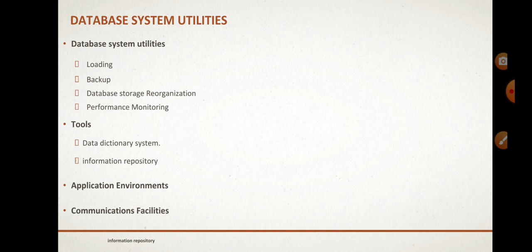So next is the communication facilities. The DBMS also needs to interface with the communication software whose function is to allow users at locations remote from the database system site to access the database through computer terminals, workstations, or personal computers. These are connected to the database site through data communication hardware such as internet routers.